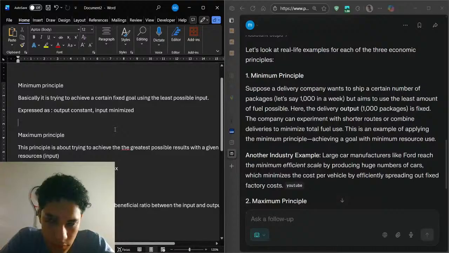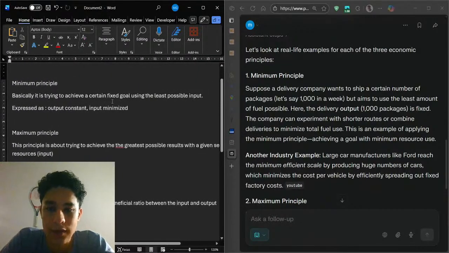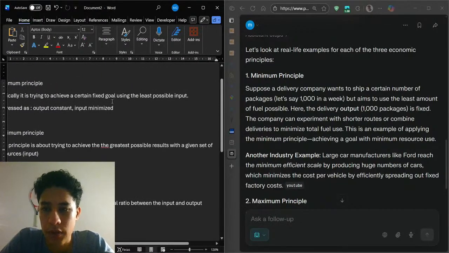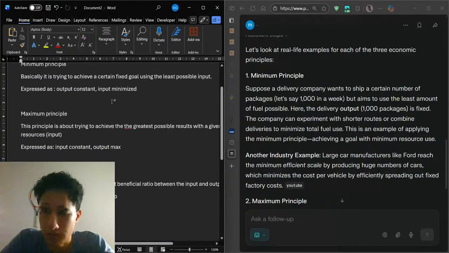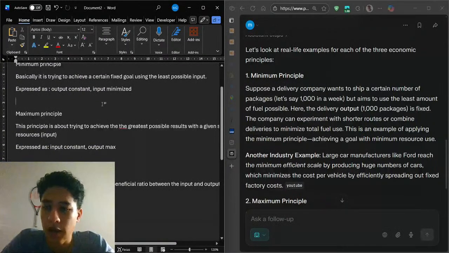The minimum principle is basically trying to achieve a certain fixed goal using the least possible input. So trying to achieve some goal using the least resources, and it is expressed as output constant and input